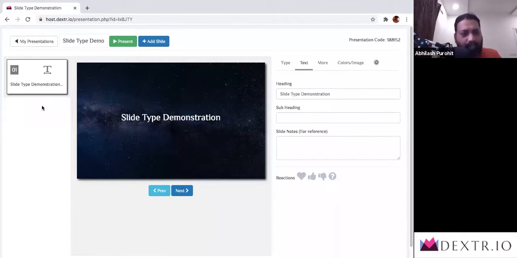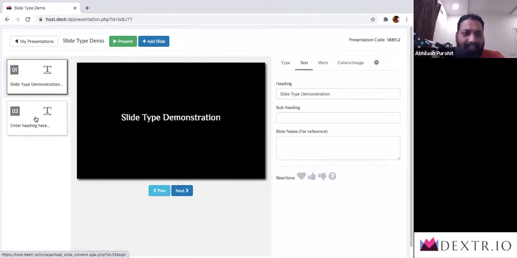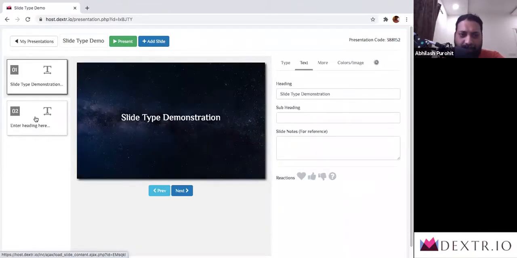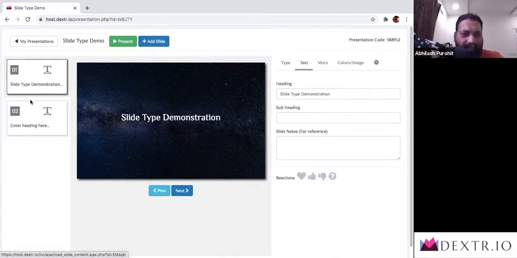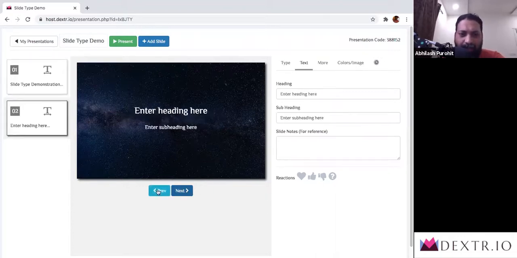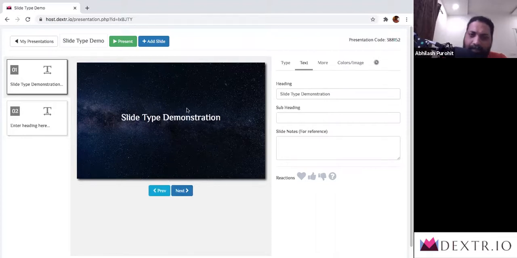In the second row, the first column is the listing of all your slides. So if I was to click on add slide now, when the page refreshes, you will see a second slide has been added to this presentation. And you can now click on that and that will be focused. If I go back here, that concludes the first column. In the second column, this is mostly for visibility purposes. You also have a way to go next and previous in the slides by clicking these buttons.